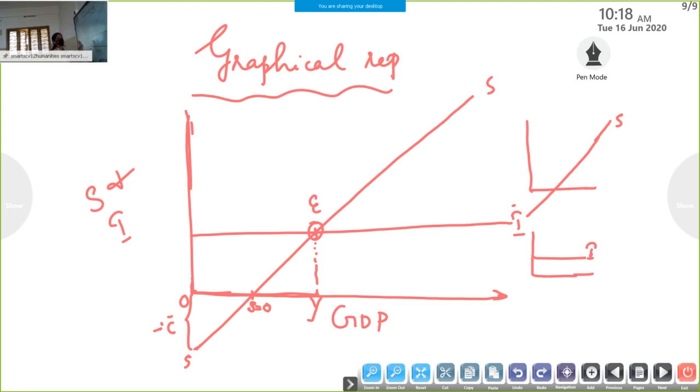Okay, only this much is enough for that one. This is the diagrammatic representation of the SI approach. Again we can say any deviation from this point, to the right side or left side, is a deviation, which we will study later. That shows the economy is unstable or in instability. This is the only equilibrium position. Okay, till here you understood?